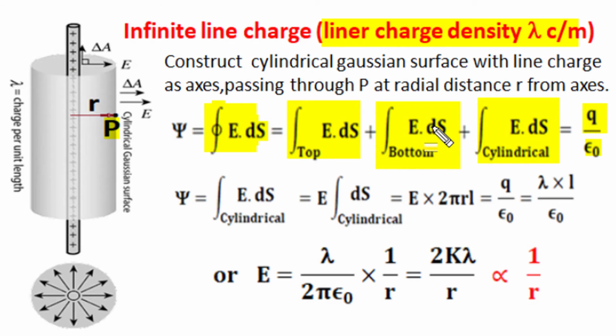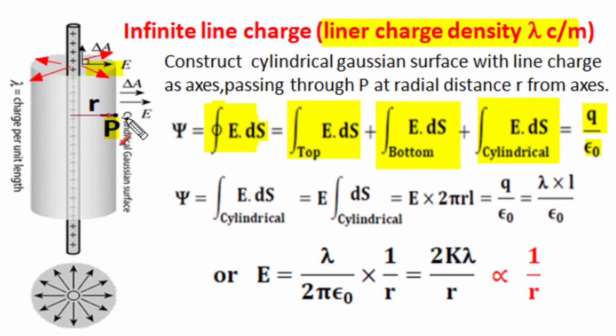Now for the top and bottom surfaces, if we see the radial electric field vector and the surface area vector, which is normal to the surface and outward, then the angle between the E vector and the area vector is 90 degrees, and due to that, the dot product of E and area at top and bottom positions becomes 0. That is also true. If we see the planar diverging radial outward force lines of this line charge, they are not crossing this top circular section of the closed Gaussian surface. There is no flux crossing from top and bottom.